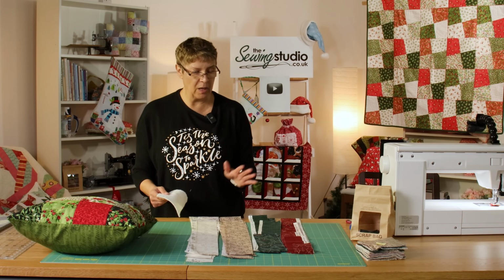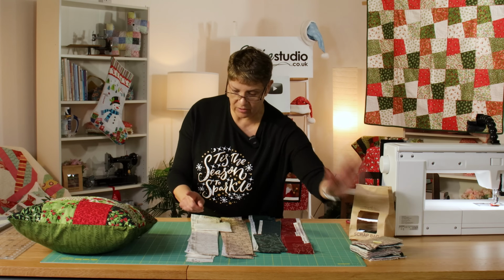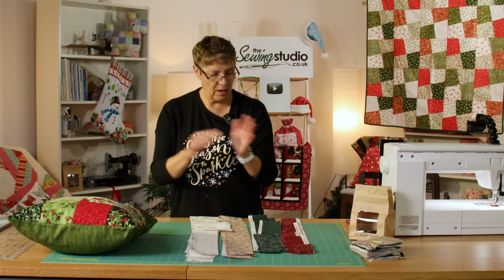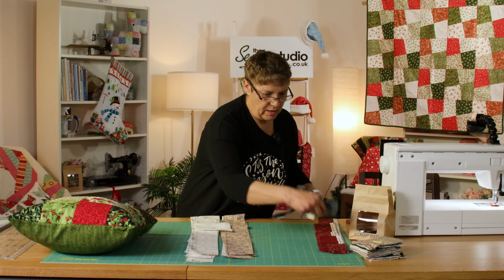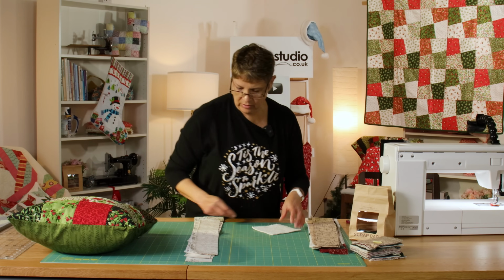So it's really simple. Now, if I have a look here, I think the one I've got to do on the bottom row, yes, that I'm missing is light. So each row is going to have one of these colours in them, and I've tried to place them in different places. So I've already worked with these colours here, so I'm just going to set those aside,